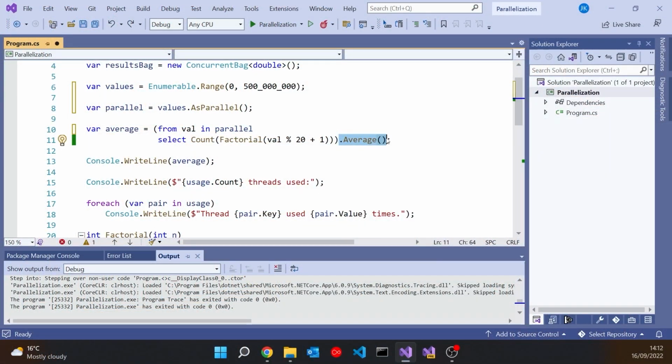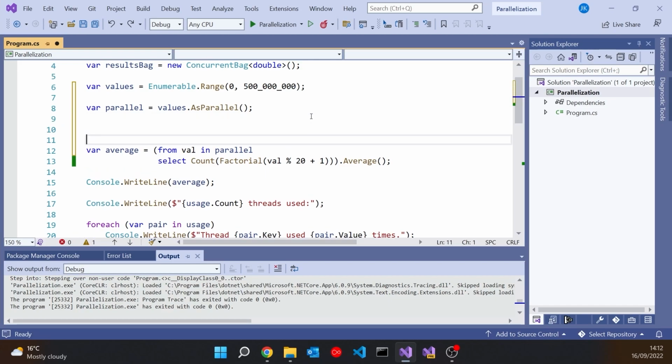So that Average, although it looks exactly the same as the Average that we had before with IEnumerable, is actually a different extension method, and that's how we can get completely different behavior when we've got the ParallelQuery, even though it's the same basic data. So that's what we have there to give us our parallelized query. And then once we've got that, that means as well as having different implementations for some methods, we can also have some brand new methods.